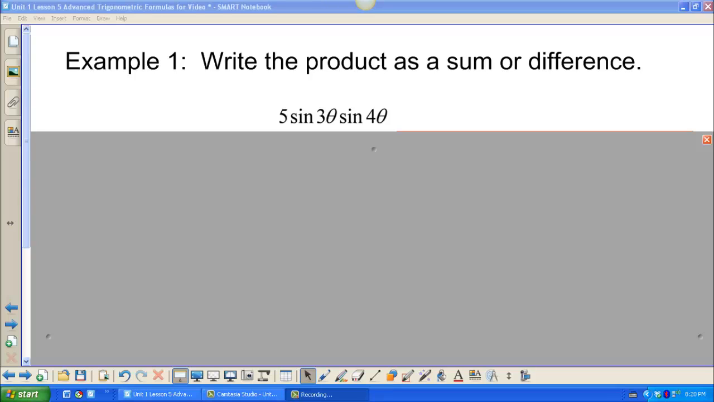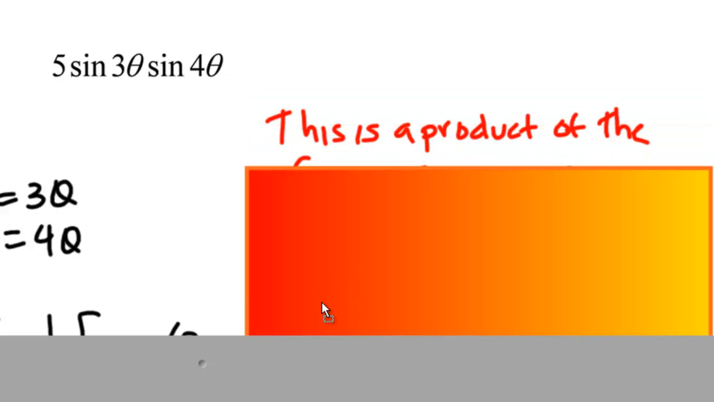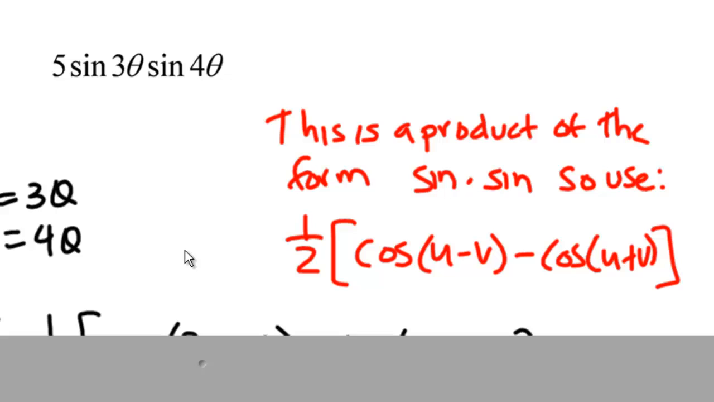Welcome to example 1, where we're going to write the following product as a sum or difference. When I look at the problem 5 sine of 3 theta times sine of 4 theta, I think to myself, this is a product. So I have to look at the form that it's in. This is a product, and the product is of the form sine times